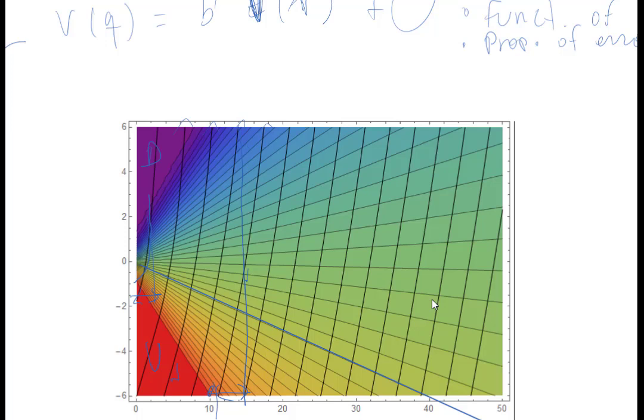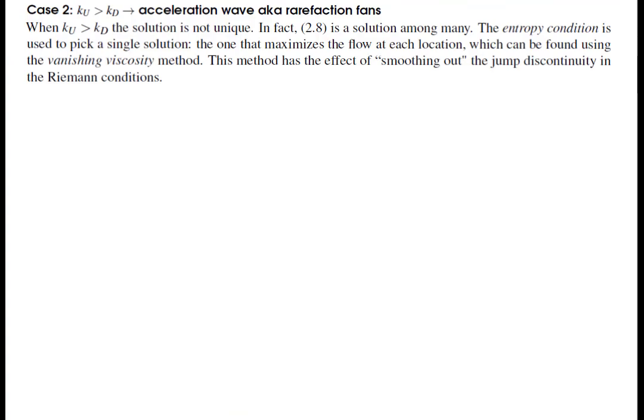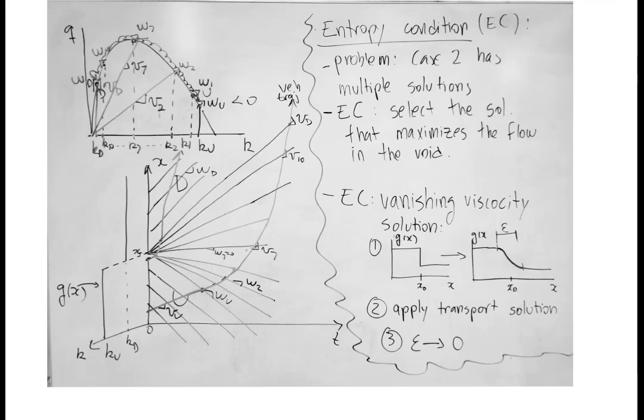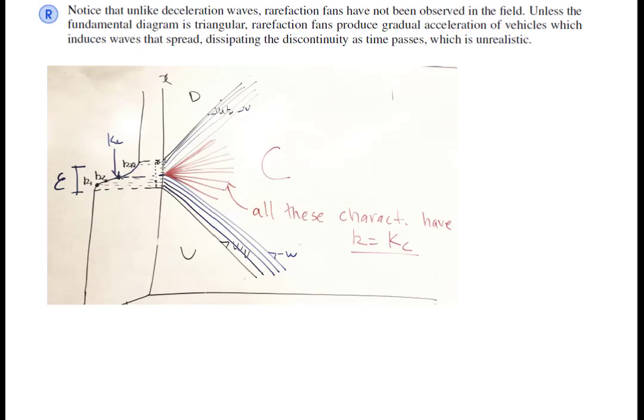Now, it's not a waste of time, because it turns out that when the triangular diagram is the one that you choose, then this is what happens. Okay, so we have the same idea, right? We smooth out the initial conditions and we apply the transport solution. But when we have a triangle as a diagram,